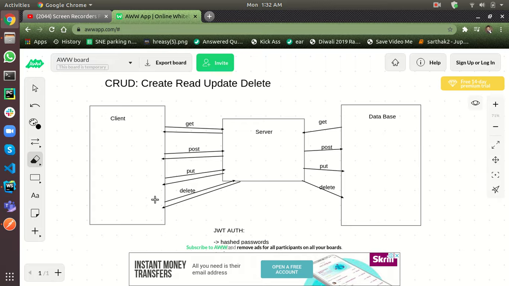Now my photo is way too old, so I want to delete it from my Instagram account. I would just hit the delete request, and the photo will get deleted from the database, and we get the result back from the server, like whether it is deleted or not. So the basic tasks of a REST API are create, read, update and delete.